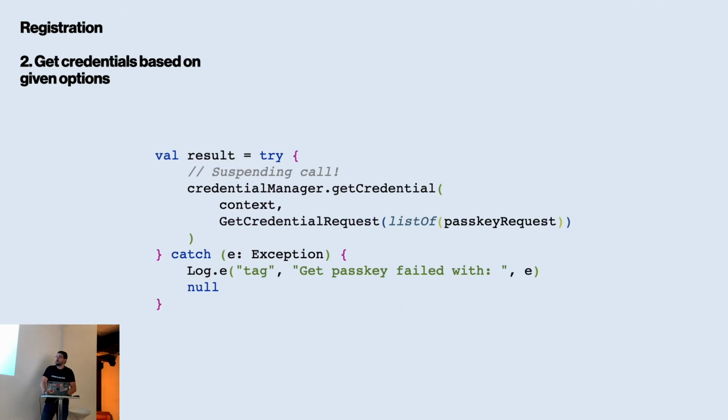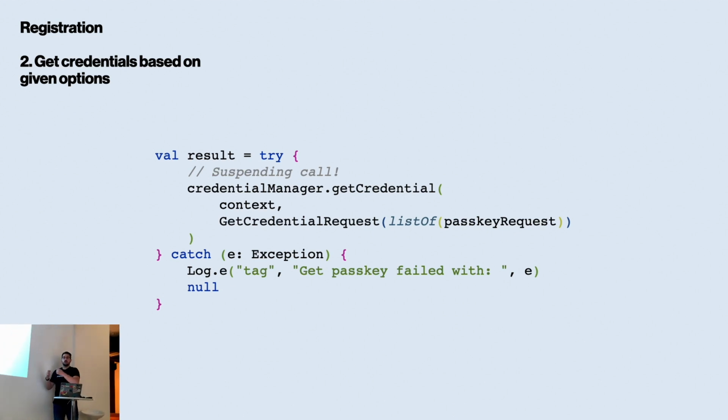Now, when you get that challenge, you use it to wrap up a get credential request and feed that to the credential manager. It doesn't have any special methods like get passkey credential or get password credential or get sign in with Google credential or whatever else, it only has one method. It can take in a list of different requests, and that's why you have to check every time when you get a result if your request matches the result by type.